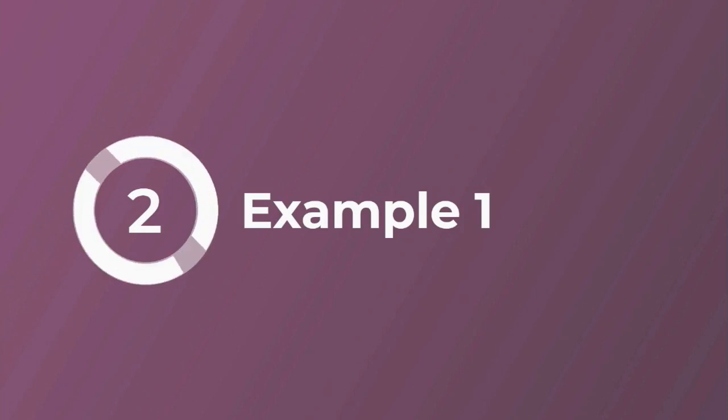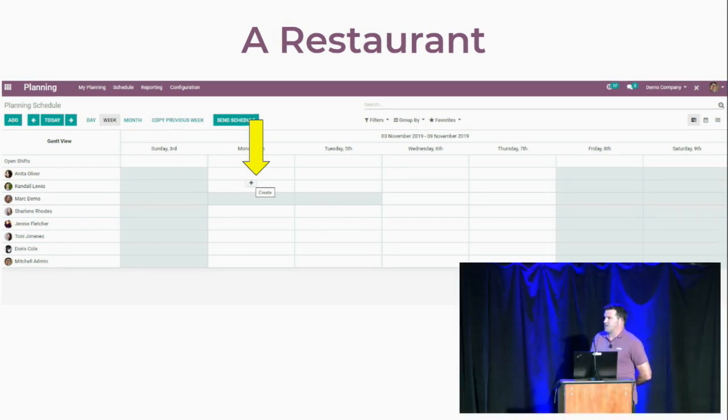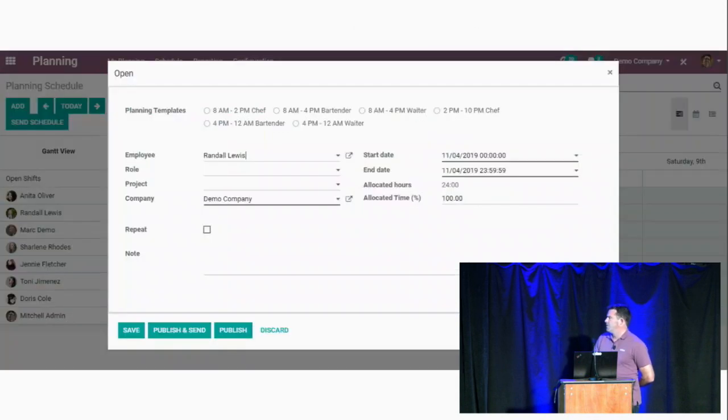We'll jump into an example here. Again, we're looking at restaurants right here. This is my blank week. I haven't scheduled anything. We don't work on Sundays, so I've set my working hours ahead of time. Again, right here, just super easy: create a task, similar to the product form, create a new product, or similar to the sales app, create a new quote. When you create one, it's going to pull up